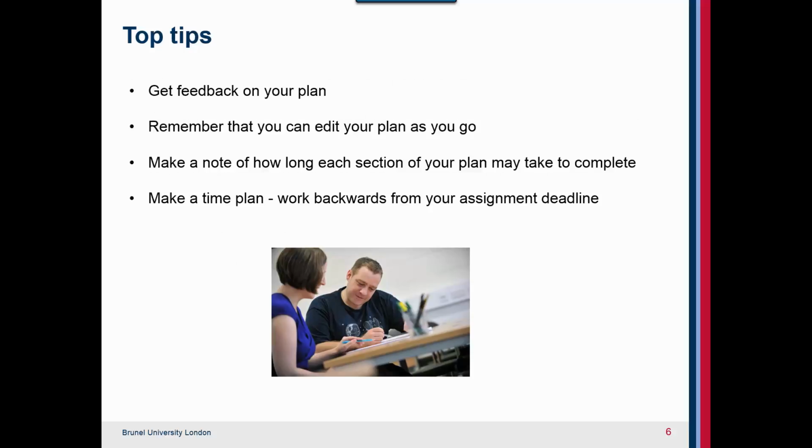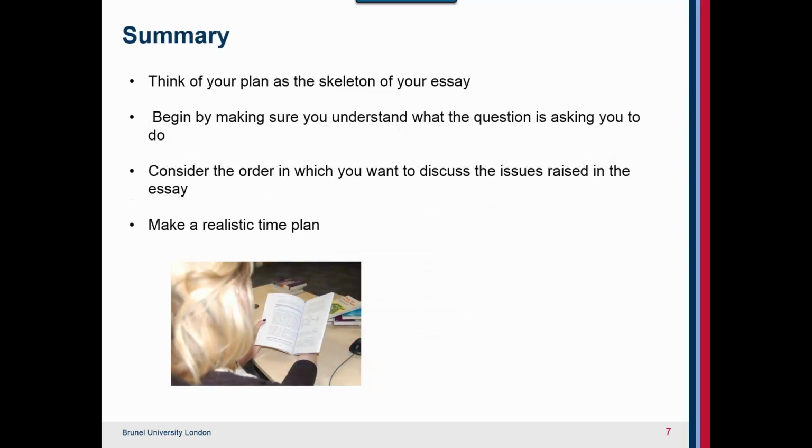writing process. In summary, think of your plan as the skeleton of your essay. Begin by making sure you understand what the question is asking you to do. Consider the order in which you want to discuss the issues raised in the essay and make a realistic time